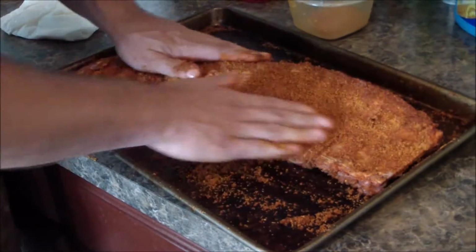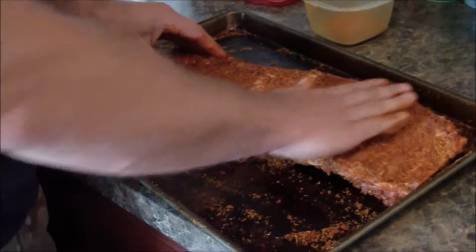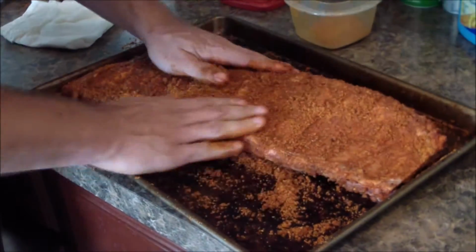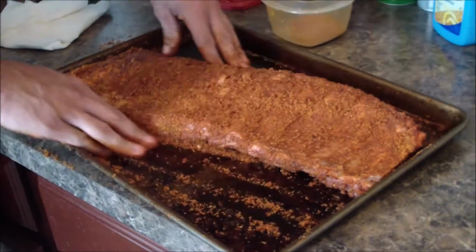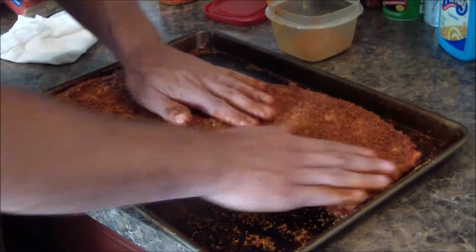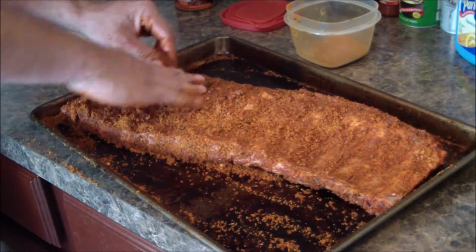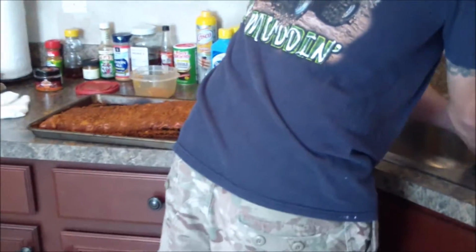Now a lot of people don't like taking the membrane off. A lot of people score it, but the reason why it gets all chewy and nasty is that it doesn't let the rub penetrate the meat deep down inside. So the best thing is to take it off. That should be good for all that. All right, now of course you get your hands all dirty. Just rinse them